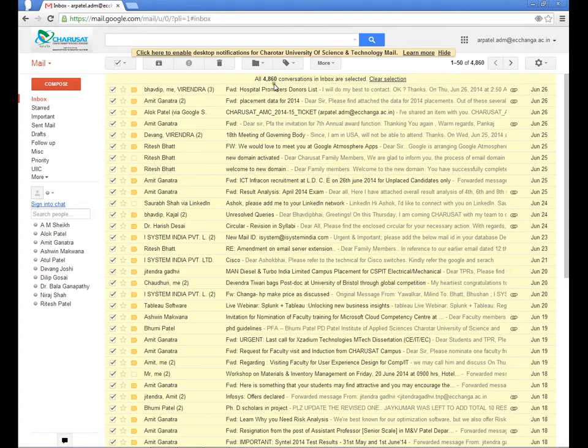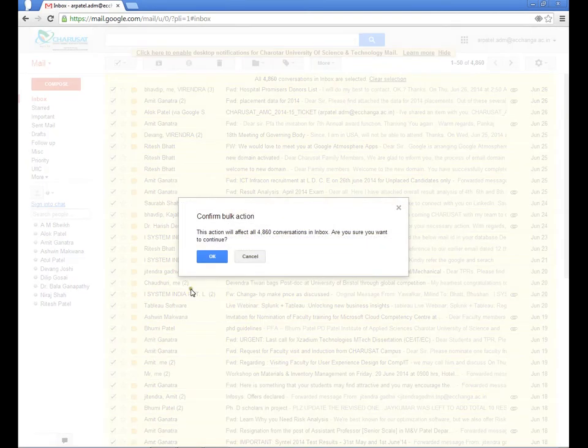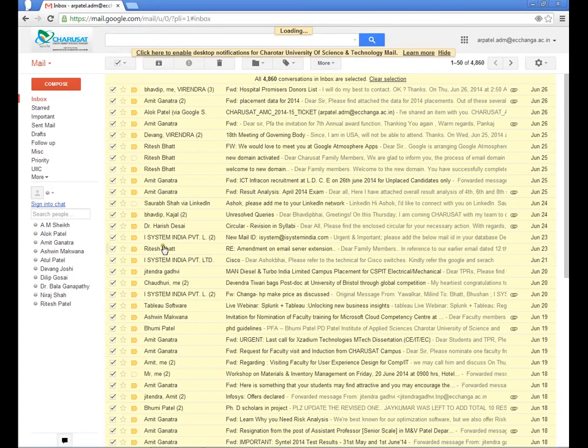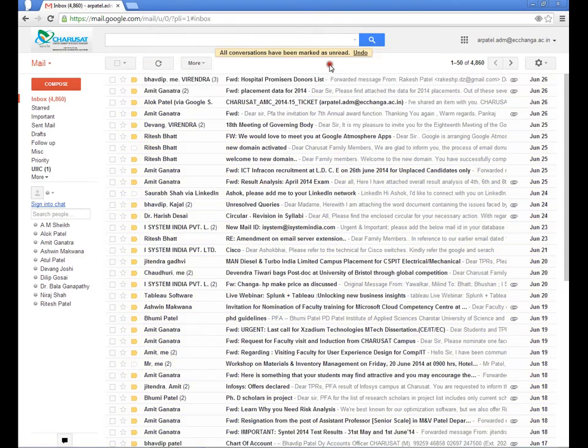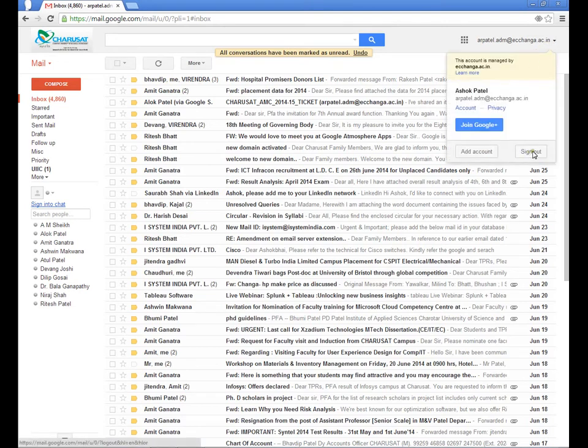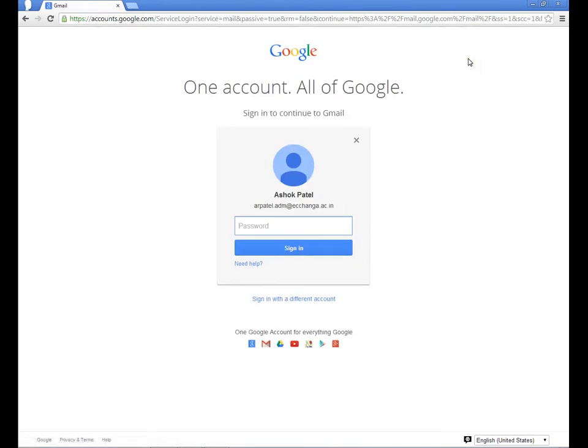So we have to select the entire mailbox and mark it as unread. Once again: select this tab, select entire, and mark as unread. Once all mails are selected and marked as unread, this part of the setting is done. So you may come out to the desktop.